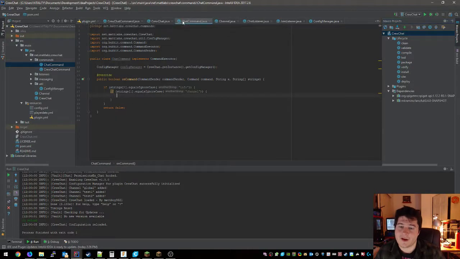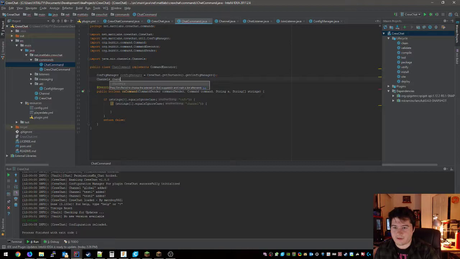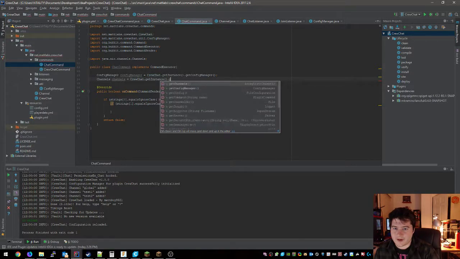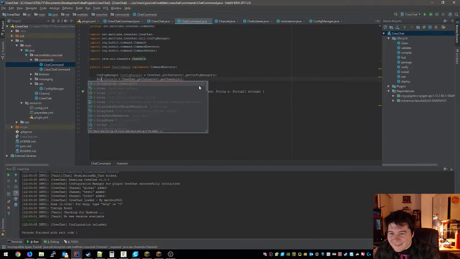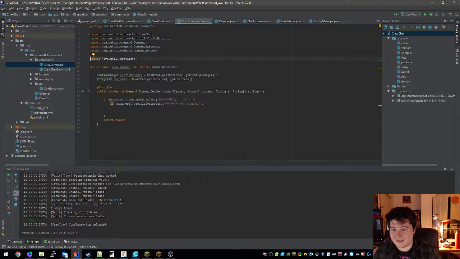Get channels. So we have our get channels method, and I guess we'll put that up here. Channels equals CrewChat.getInstance().getChannels(), like that. And it doesn't like that. Why did I say that it returns an array list called... oh man, I'm an idiot. Oh, it's an array list. There we go. That's weird, it tried to import it. There was nothing like that. Anyway,